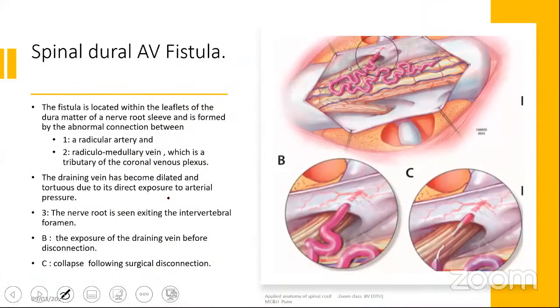And you can see the radicular, this is the fistula, this is spinal dural AV fistula, and it's located within the leaflets of the dura mater, the nerve root sleeve, and is formed by the abnormal connection between a radicular artery and a radiculomedullary vein, which is a tributary of the coronal venous plexus. So the vein has become dilated and tortuous due to its direct exposure to the arterial pressure. And you see that will cause spinal cord infarction, and you have to occlude it with glue to protect the